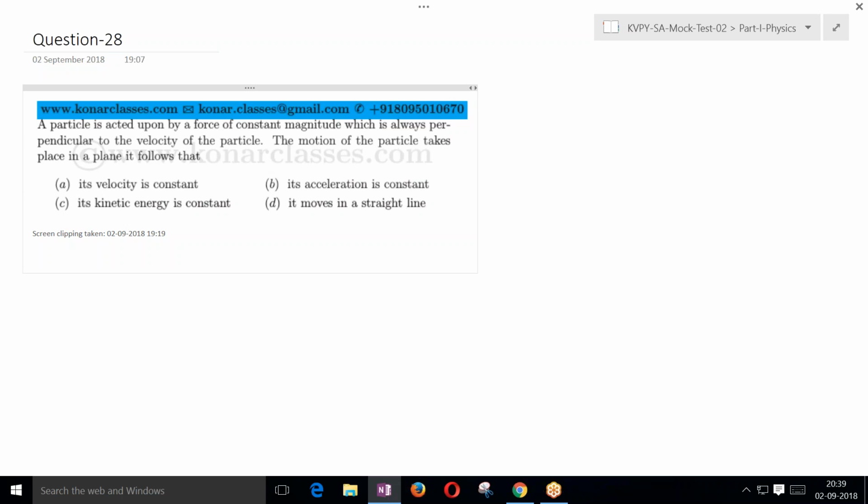If you look into question number 28, it says that a particle is acted upon by a force of constant magnitude, which is always perpendicular to the velocity of the particle. The motion of the particle takes place in a plane. It follows that which one of the four options. Now, what you can write, and I will also explain at the same time, is that when a force of constant magnitude